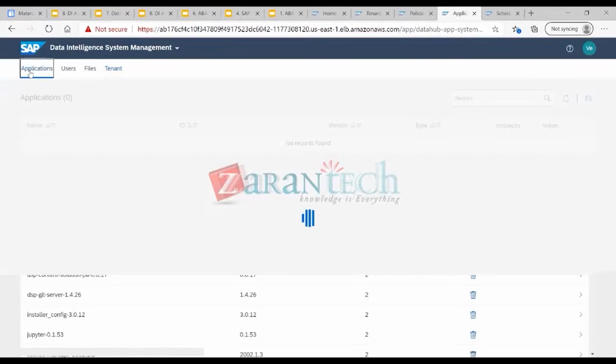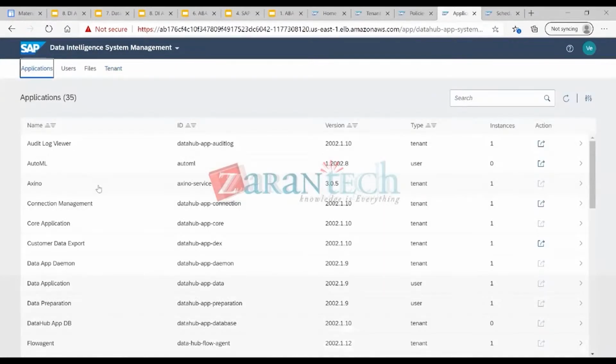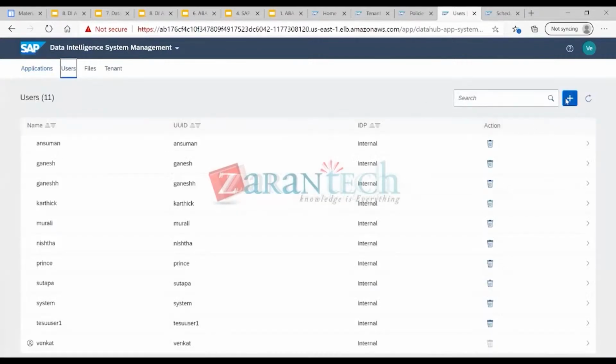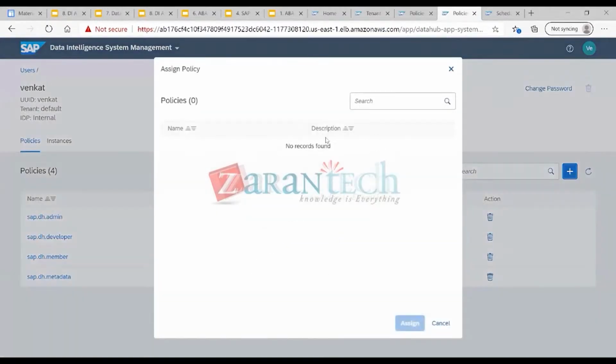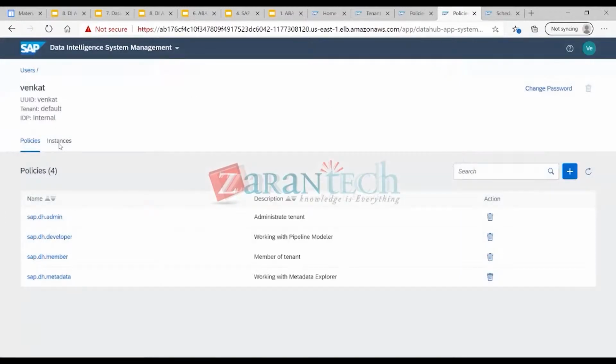major administration aspects. That is like in case if you have to respin a new pipeline modeler instance, or the metadata explorer instance, you'll be able to do it from here, provided you have the access. Then how do we create a new user? And then you have seen, right, how to assign a policy for the user. You just go to that particular user, click on this plus, and then for me, no policies are there because